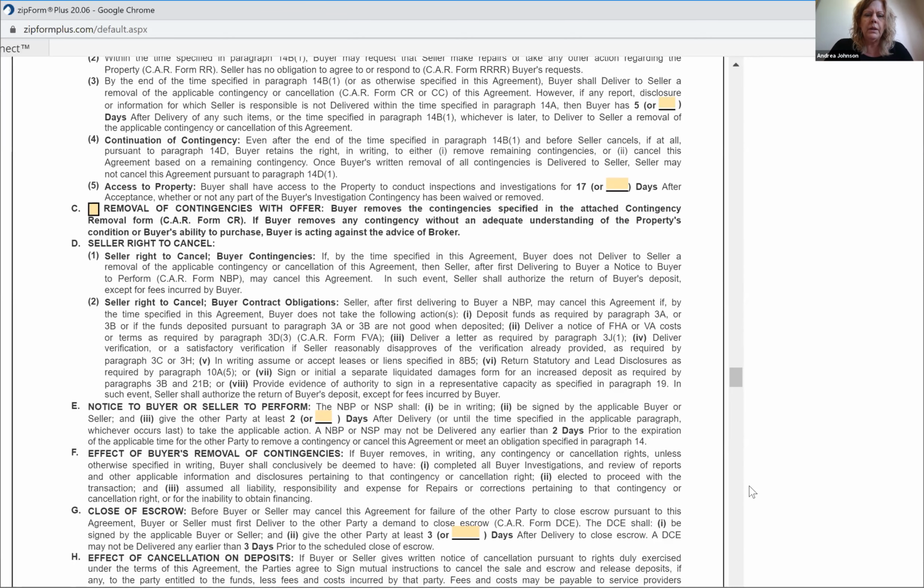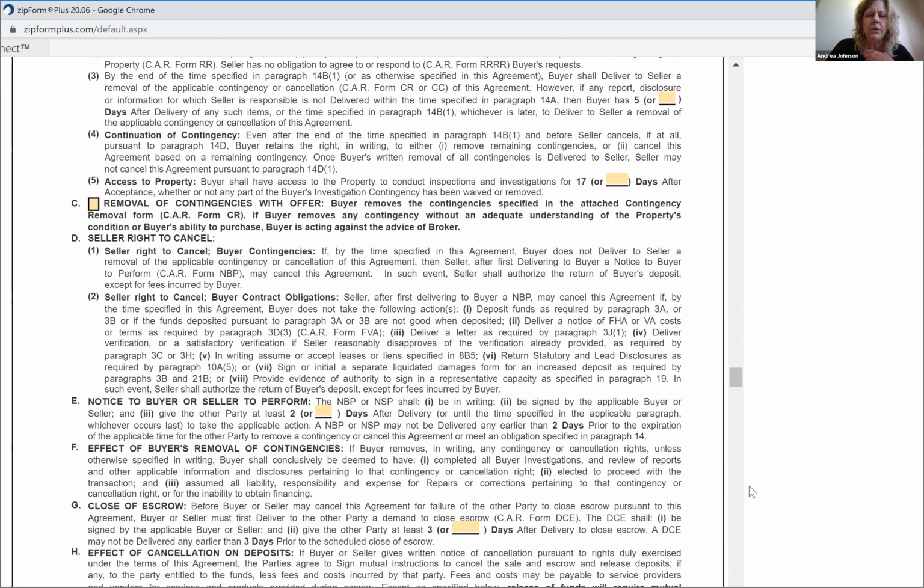So buyer is supposed to, within the time frame, deliver a contingency removal or cancellation. Now, this is also really important. If any report, disclosure, or information for which seller is responsible is not delivered within the time specified in 14A, then, which is 7 days for seller, then buyer has 5 days after delivery of any such items, or the time specified in 14B1, whichever is later, to deliver to seller a removal of the applicable contingency or cancellation of